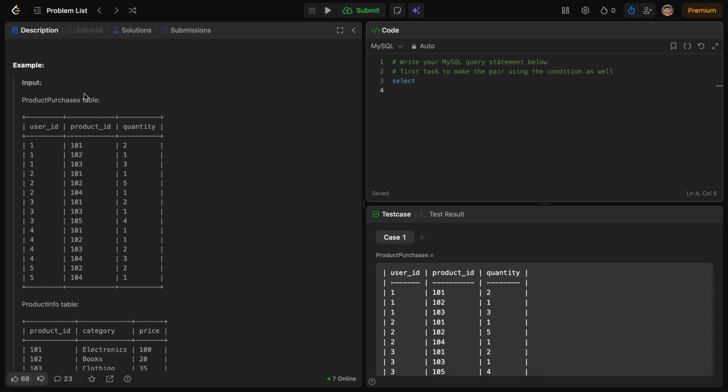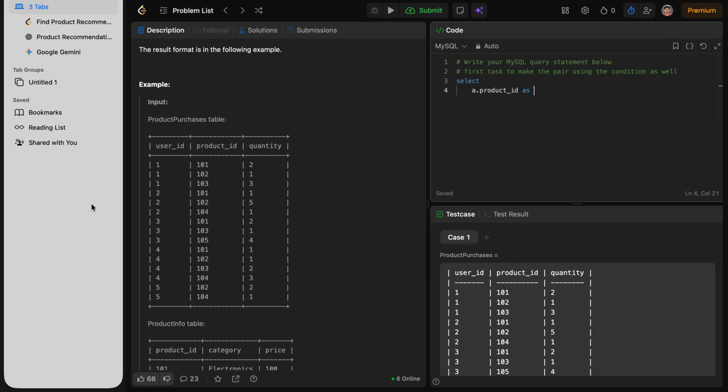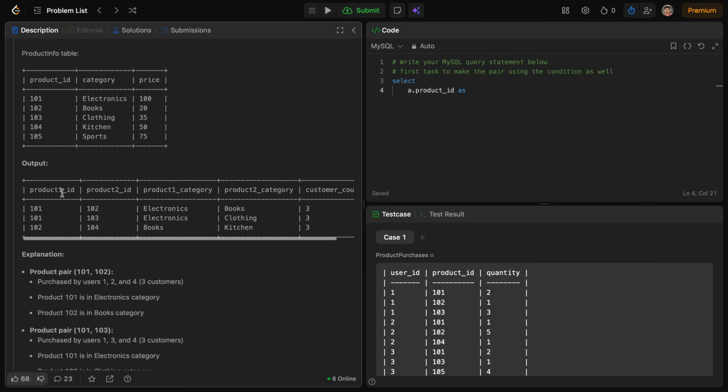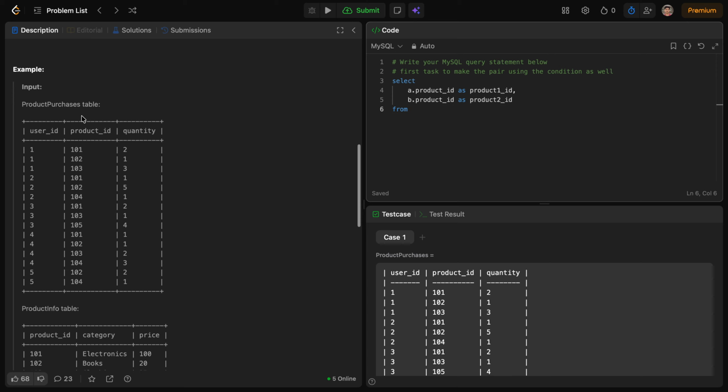So I am making the product purchases table alias a, then again b, for the joining purpose. So a dot product id as product 1 id, comma b dot product id as product 2 id. Okay, from our table the product purchases as a,